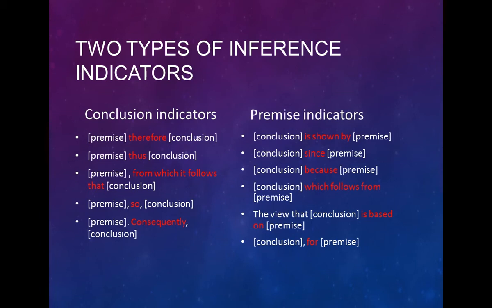And so which kind of inference indicator you're looking at can help you figure that out. Or if there's no inference indicator, you just have to determine it from context. You have to think about what the person you're speaking to knows and what you want them to believe, or what they want you to believe, and then figure out from context which is being given as a premise and which is being given as a conclusion. Should be easy, right? Fairly straightforward. Okay. I mean, these are the first baby steps in doing a somewhat difficult task,